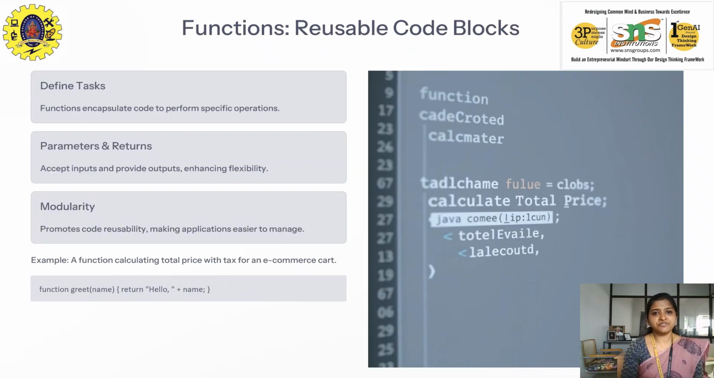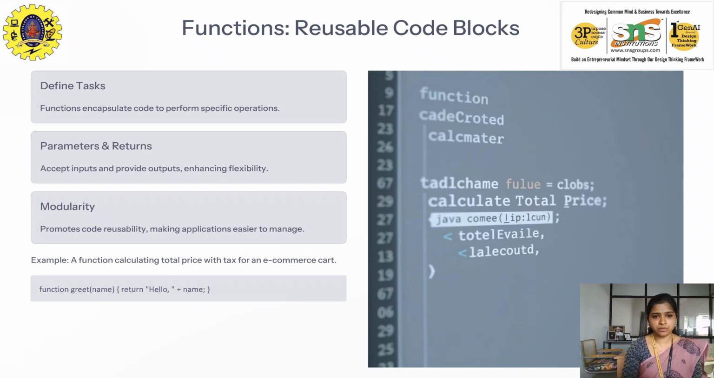And also we can use functions in JavaScript like in any other programming language. Functions are basically reusable code blocks. For example, if you want to calculate something repeatedly inside your program, we can write that block of code in a separate function, and then it can be called whenever needed in the program. For that, first we have to define a task: functions encapsulate the code to perform specific operations, and also parameters and returns accept inputs and provide outputs,